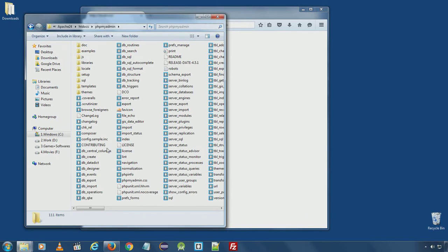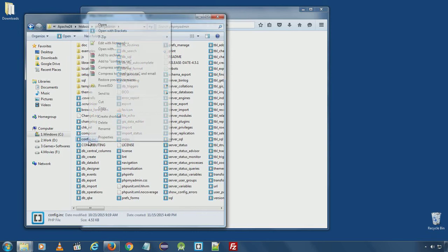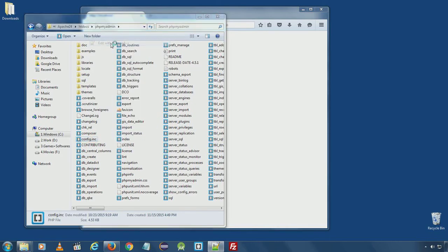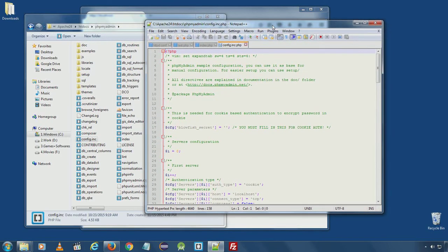Now open the folder and here you will see config.sample.inc.php. Rename it to config.inc.php. Hit enter and open this file in Notepad.